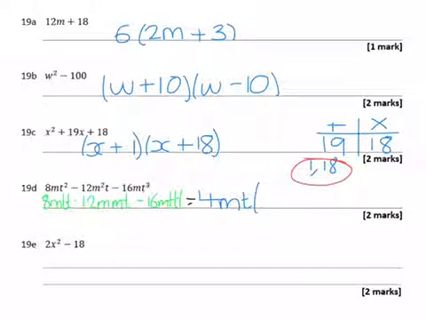And then for mt, to get this first term, I need to multiply it by 2, and I need another t. So it's going to be 2t. To get from 4mt to this term, I'm going to have to multiply by 3, and I need an extra m. And then for the last term, 16mt cubed, I need to multiply by 4 to get the 16. I have an m, I have a t, and then I need 2 more t, so I need an extra t squared. So it would be minus